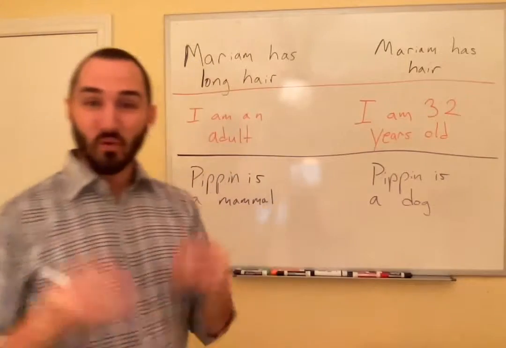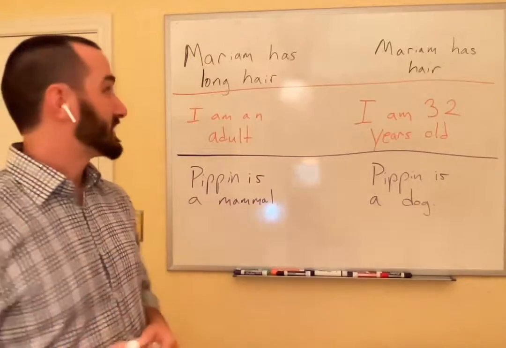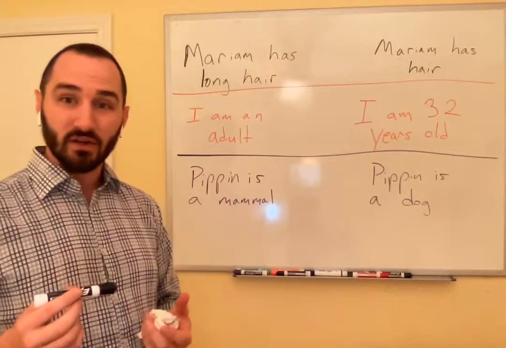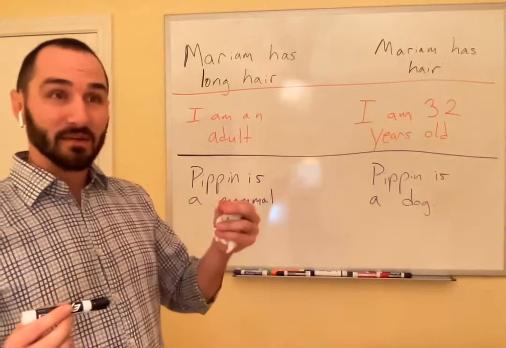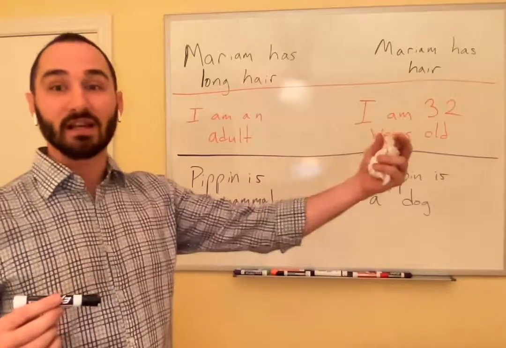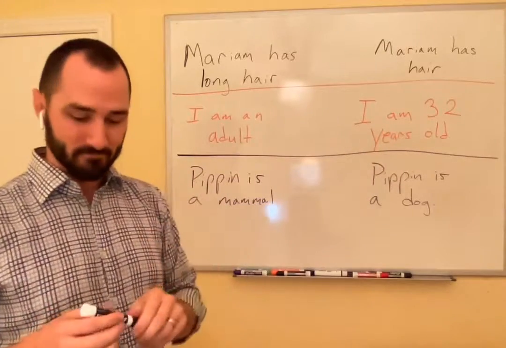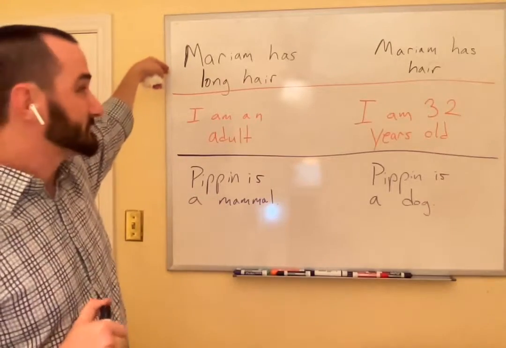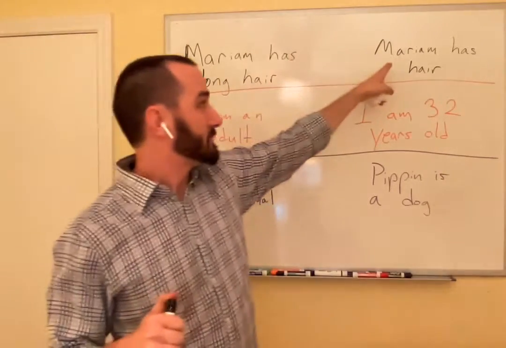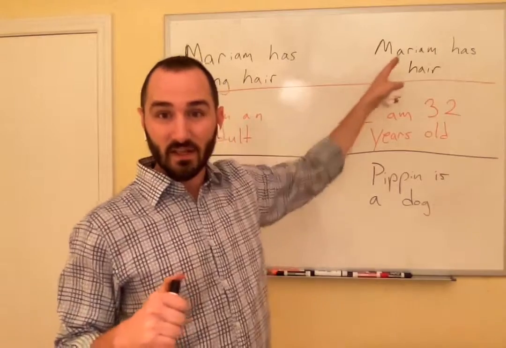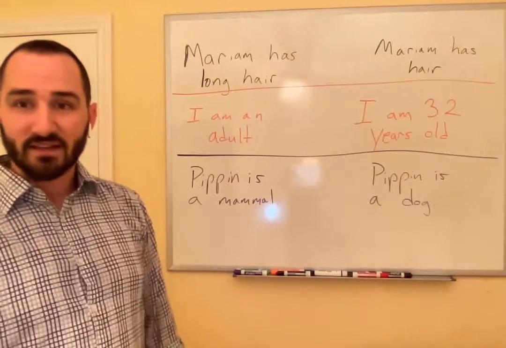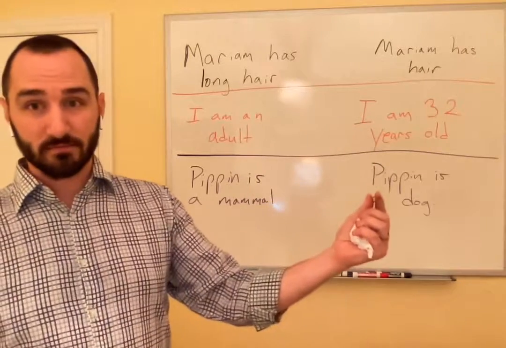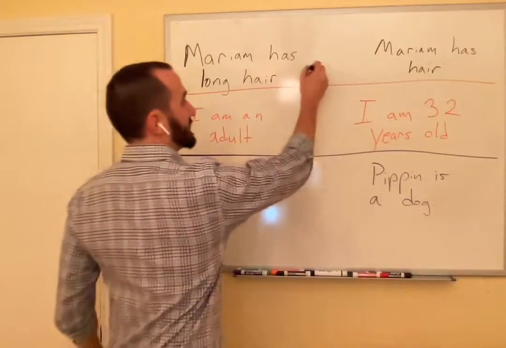I'm going to talk about which one of these claims entails the other. And what I'm going to do is indicate that by drawing an arrow from the claim that entails to the claim that is entailed by that claim. Okay, so here's a claim, Mariam has long hair. And here's another claim, Mariam has hair. So which one of these claims is such that if it's true, the other one has to be true? The entailment goes